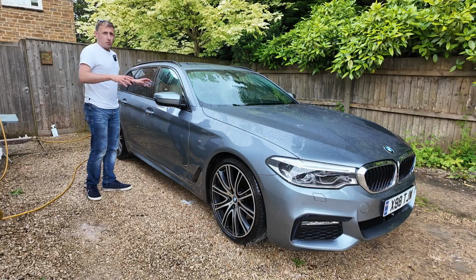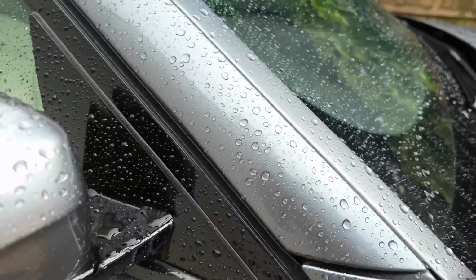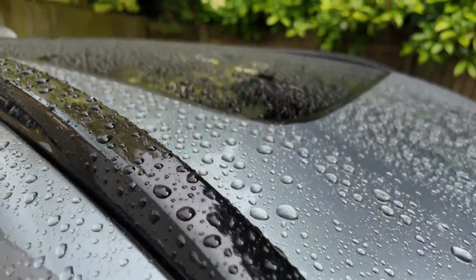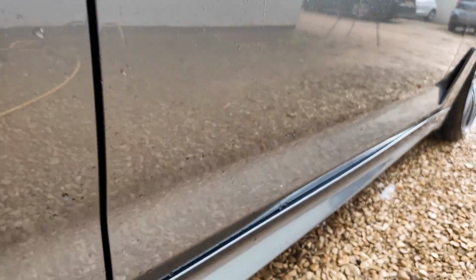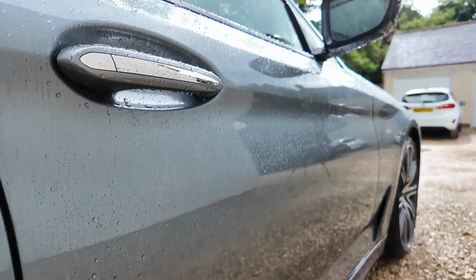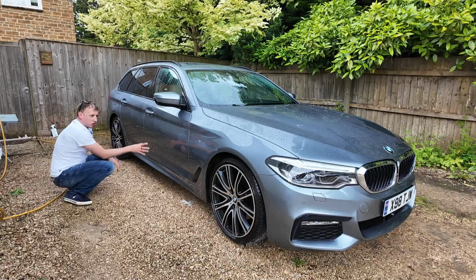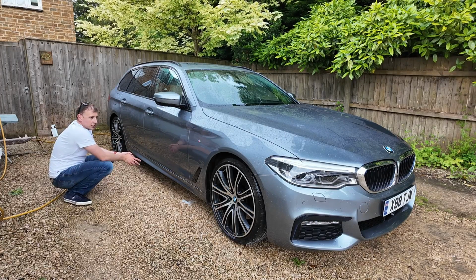That's the outside of the car washed down. The top of it, bonnet, windscreen, roof, everything basically above the belt line is still beading up beautifully. Below the belt line, down the side here, isn't beading up as much. In fact, you can see pretty much a line running down the side of the car there where it's not really beading, which I think is where the majority of the spray from doing big miles in it has taken